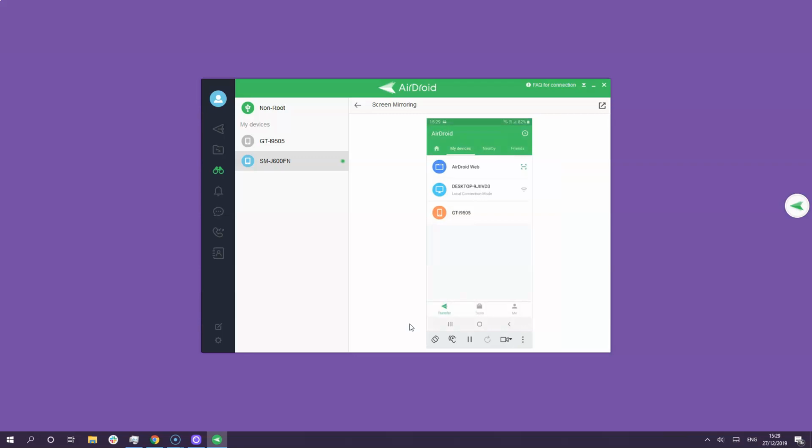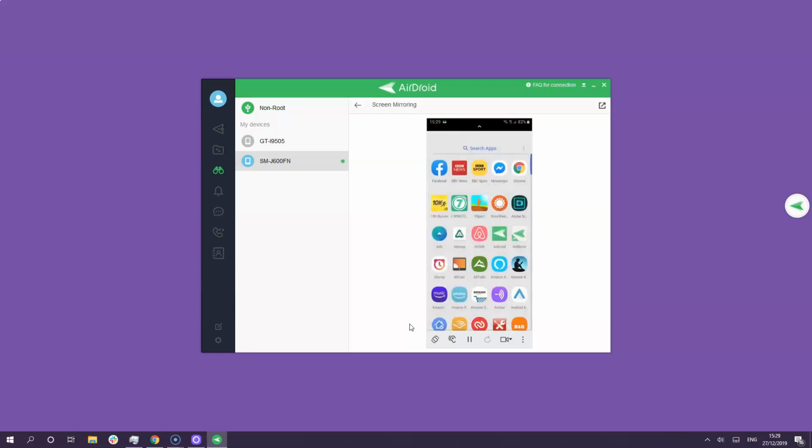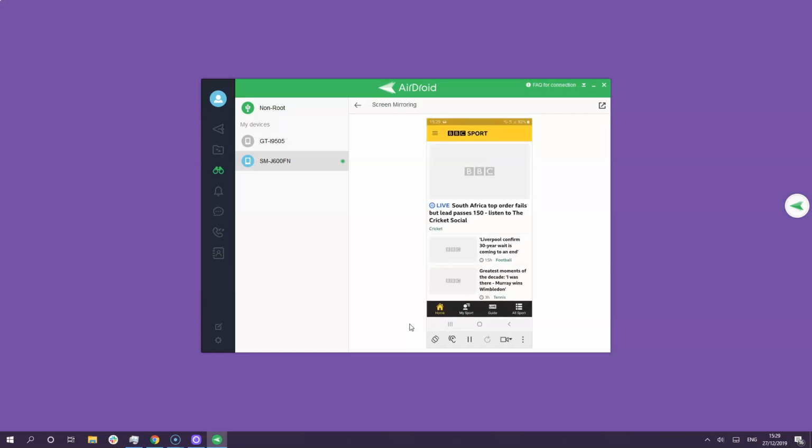There's my mobile, and I'm going to flick through and go to, you can see the apps along the bottom. I can go to BBC Sport, and this is the app in the UK which tells us what's going on in terms of cricket. I'll come back to that in a moment. Let's come back to me on screen,